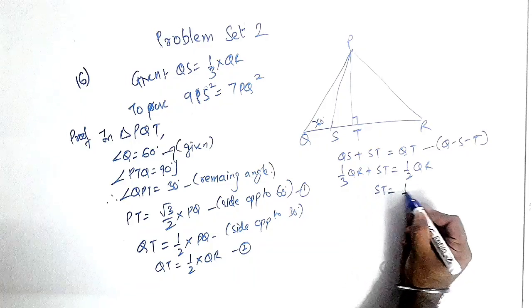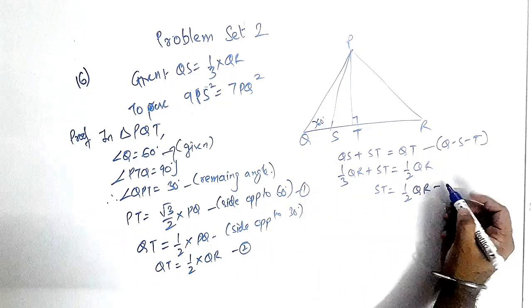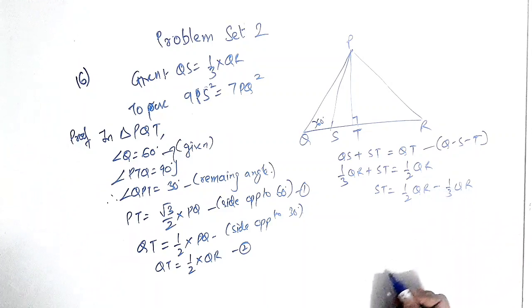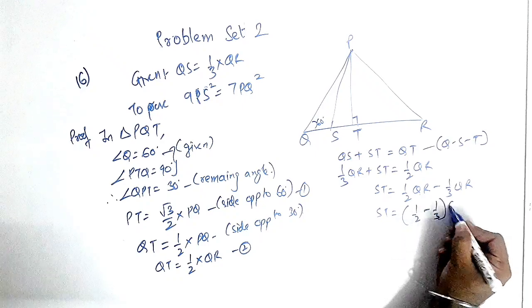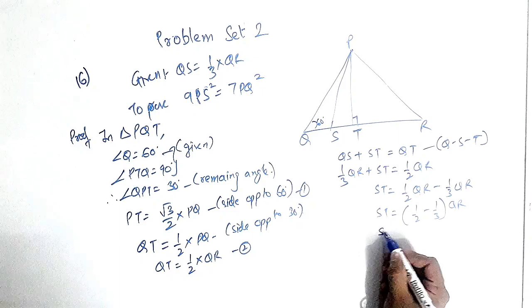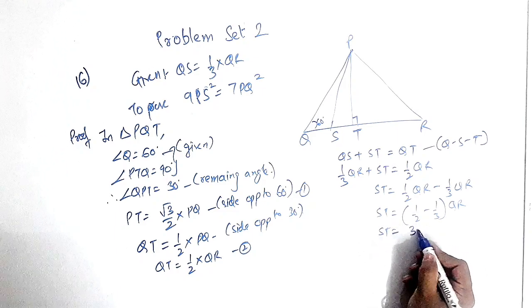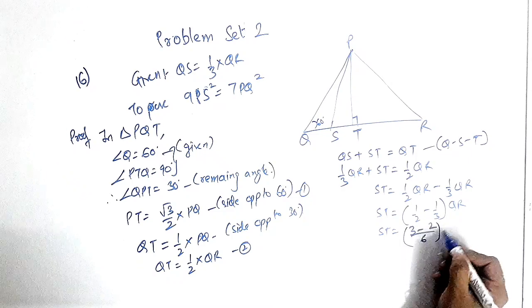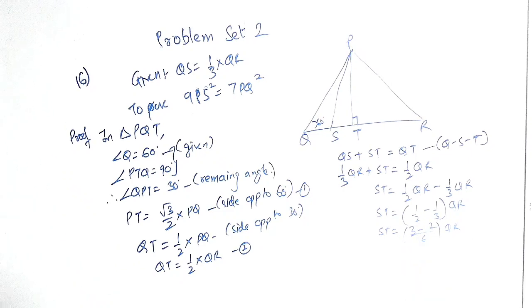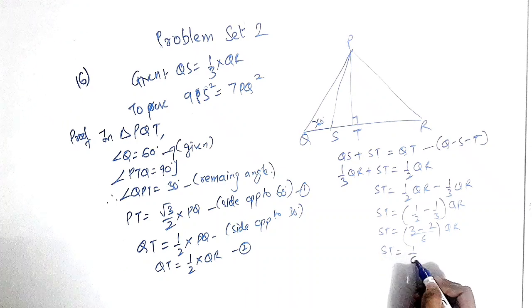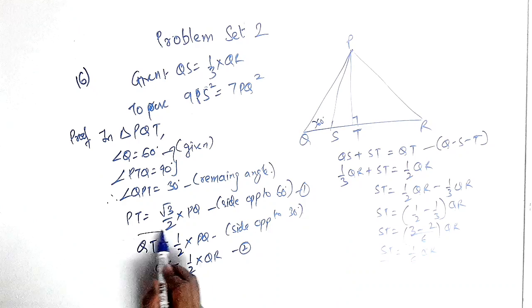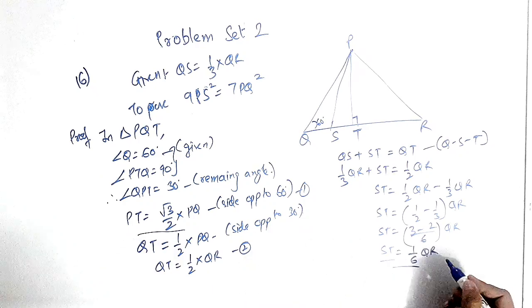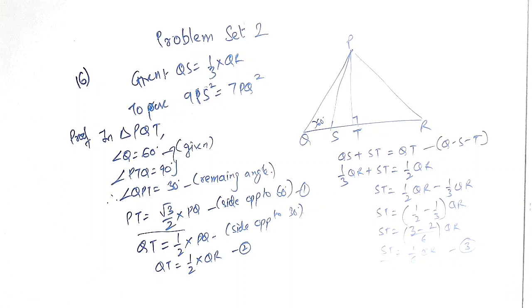Okay, so we'll solve this now. ST is half QR minus, it will move there, 1/3 of QR, correct? So ST is equal to QR, I can take common, QR I can take common, so what remains is half minus 1 upon 3, so 3 minus 2, 2 3s is 6 QR. Okay, so ST is how much? ST is 1 upon 6 of QR, correct? So we got ST and we have got here PT also. PT is √3 upon 2 of PQ. I'll give this some number 3.